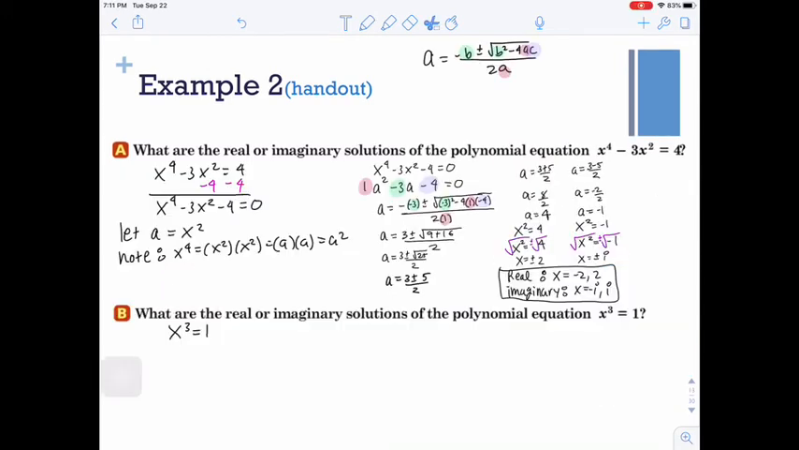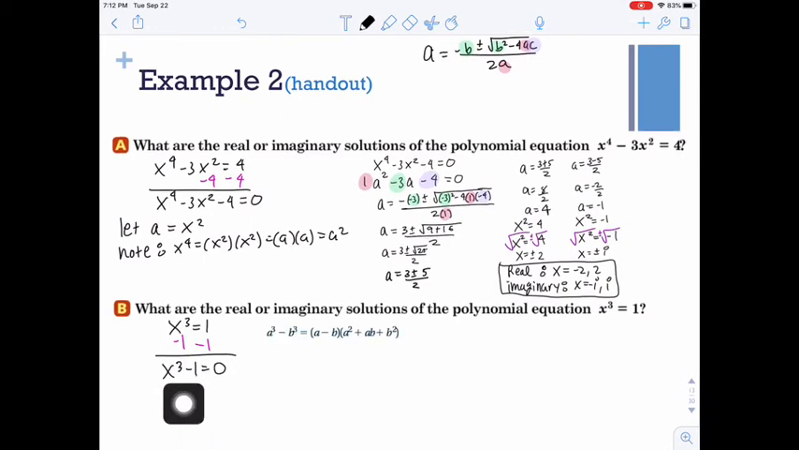For part B, we have what are the real or imaginary solutions of the polynomial equation x cubed equals 1. So if we have x cubed equals 1, we want to move the 1 over to the other side. We can subtract 1 from both sides, and this gives us x cubed minus 1 equals 0. This is a difference of cubes because we have x cubed, which is a cube, and negative 1, where 1 is 1 cubed. So we can say that a is going to be x and b is going to be